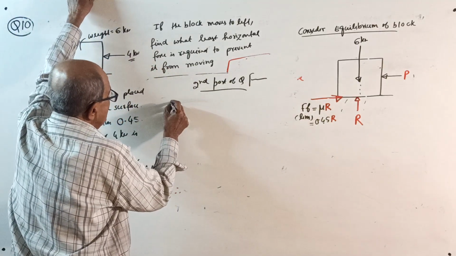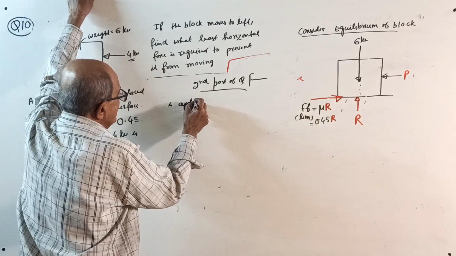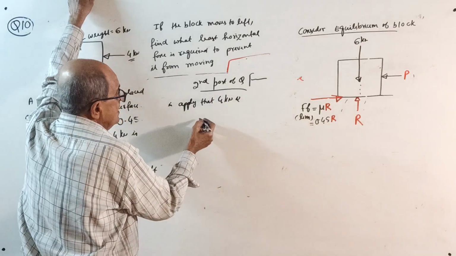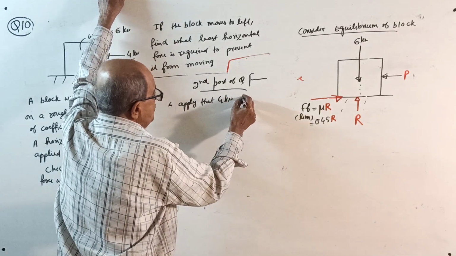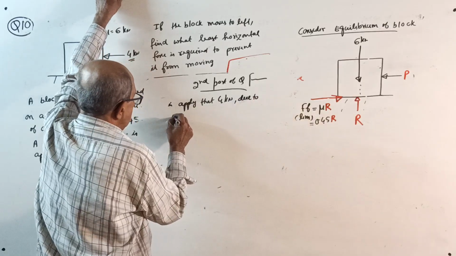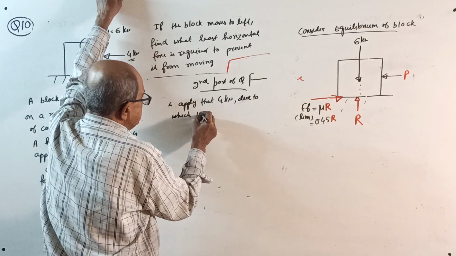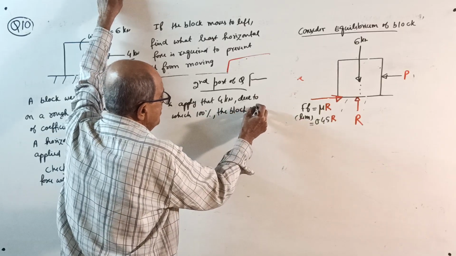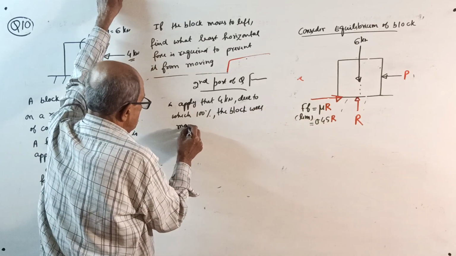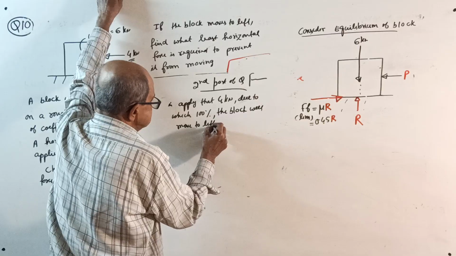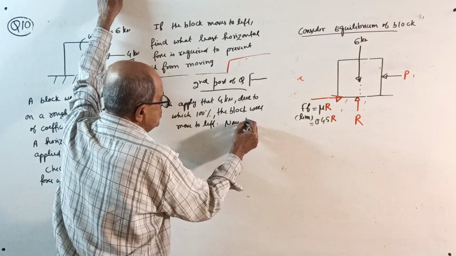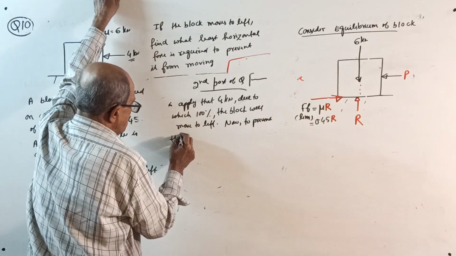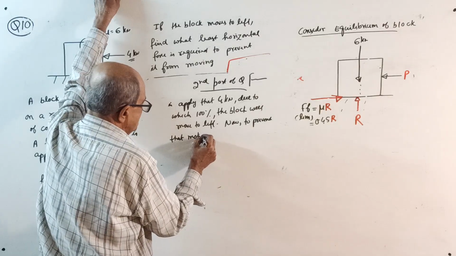Apply that 4 kilonewton, and due to 4 kilonewton, 100% the block will move. Block will move to left. Now, to prevent that motion to left,